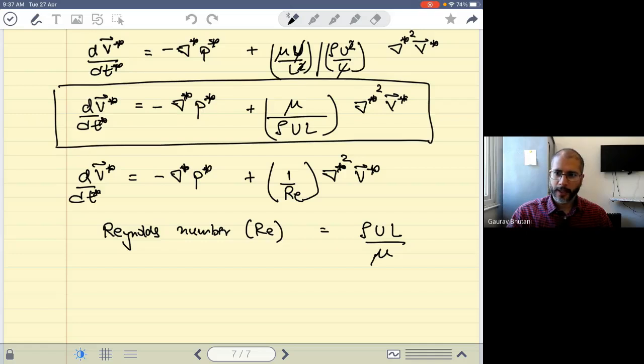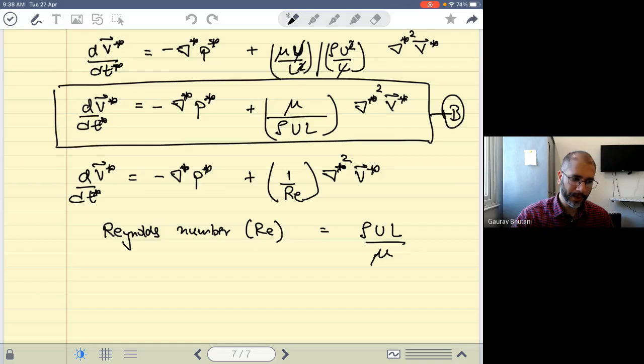Right. So what we see is that there's only one non-dimensional parameter that is significant when we non-dimensionalize this equation. Okay, and that's the only non-dimensional number, but you can have more non-dimensional numbers which may come up from the boundary conditions. We have not talked about that, but do remember that, because depending on the kind of boundary condition you have, you also have to non-dimensionalize those boundary conditions, and that may result in some new non-dimensional number. But from the equation side, we only get one non-dimensional number.